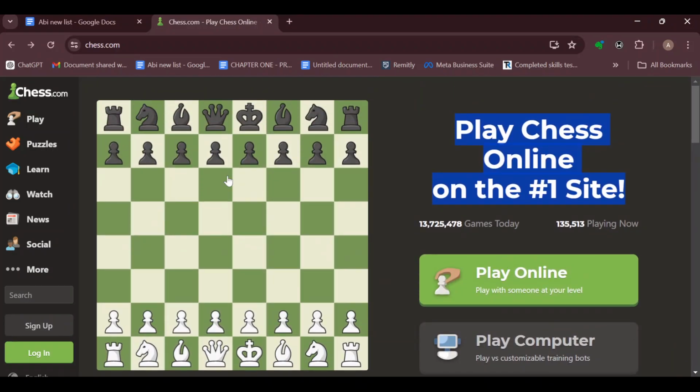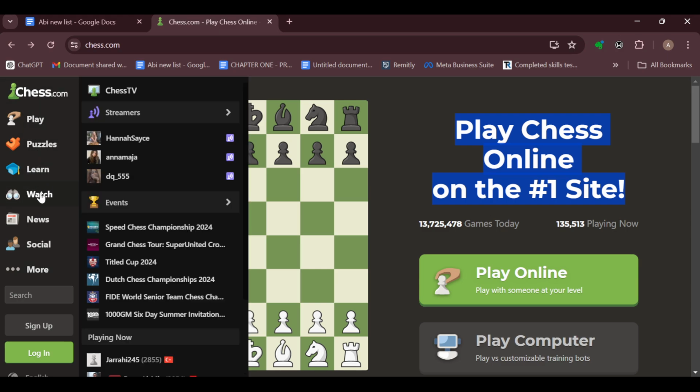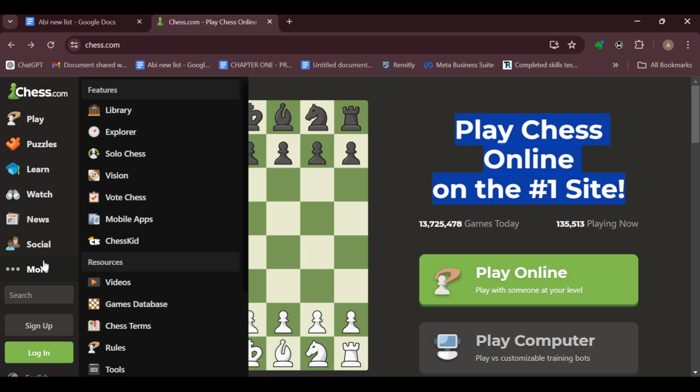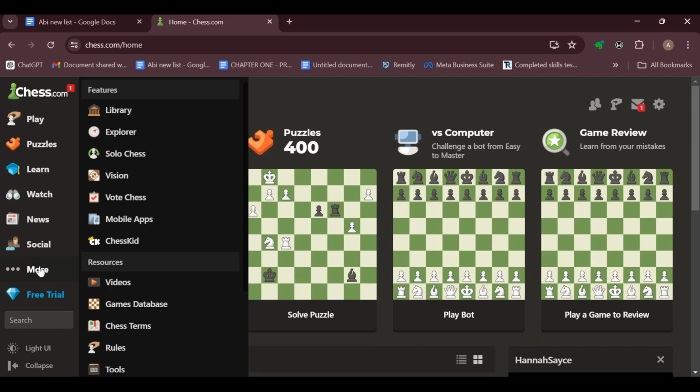And then once you can see this, move to the left side of the screen where you can see a navigation bar where you can see play, puzzles, learn, etc. Scroll down to the last part and click on more. But before then, ensure you sign up and you log in to create an account. So once you're logged in, click on the more option, like I said, and then after clicking on more, a